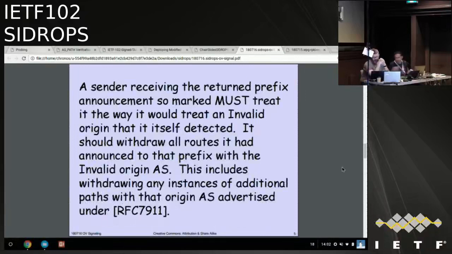Jeff Haas. Out of band, good. You've heard one example of somebody actually doing it. As the draft describes it, not good. We need this to be in a different place of the pipeline. We want this before it hits RIB in, not at RIB out, which is sort of where you're doing yours. That's the main thing.